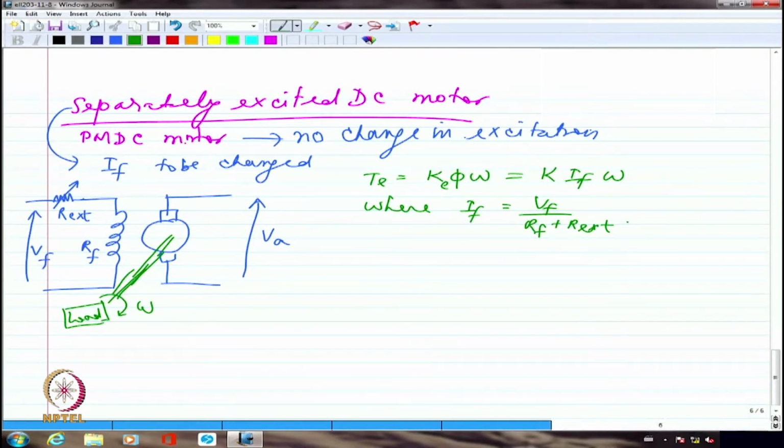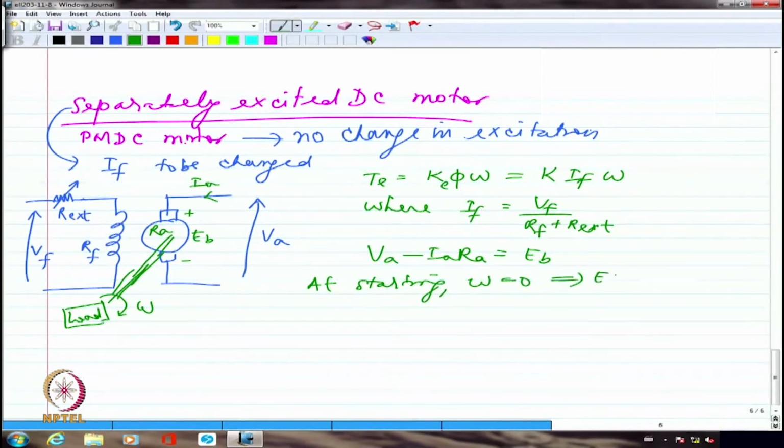And I should also be able to write that there should be a back EMF induced here with plus here and minus here, and the current that is flowing is IA, and the armature resistance here is RA, because of which VA minus IA RA will be equal to EB, which is the back EMF. This incidentally tells me something when I start the machine. At starting, I am going to have omega equal to 0, the speed is 0. So EB will also be 0. So I am going to have VA minus IA RA equal to 0 during starting,